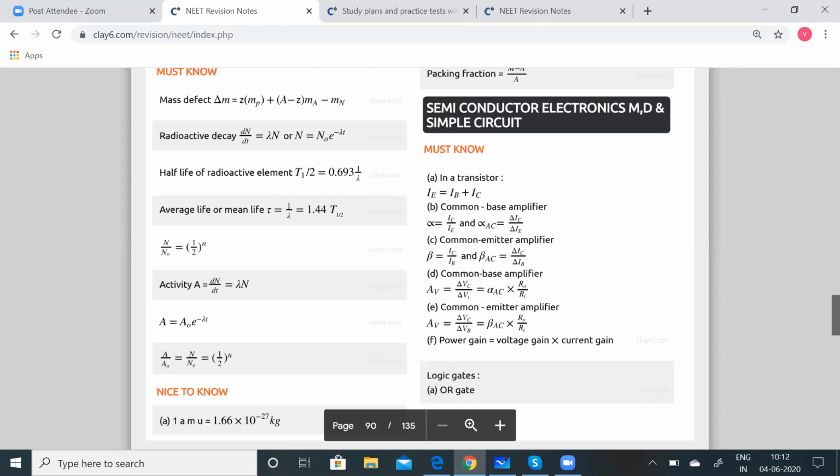Photodiode: it is a junction diode made of a photosensitive semiconducting material in such a way that light can fall on its junction. It is operated in a reverse bias condition. This also works on the reverse bias condition.